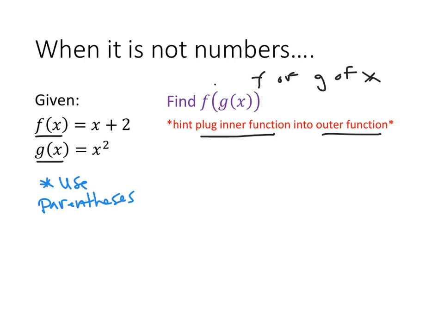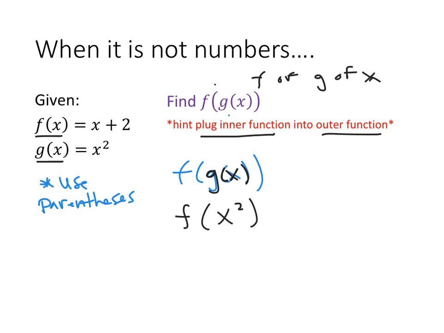And so what I'm basically going to do is start with the inner function and plug the inner function into the outer function. So f of g of x is going to look like this. So g of x is my function, and inside of f of x I'm going to be plugging in x squared because g of x